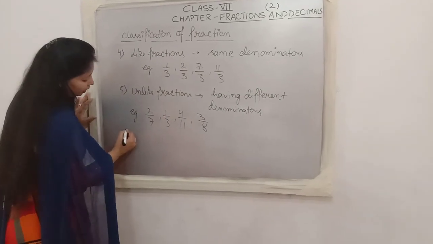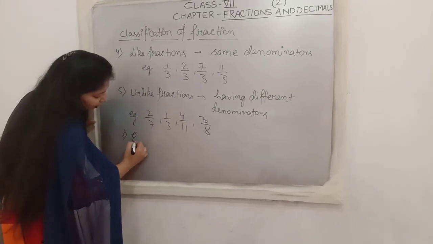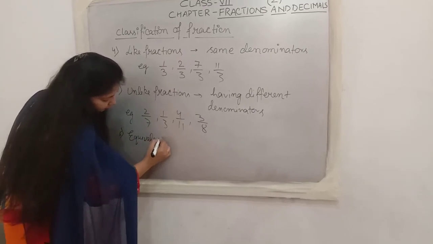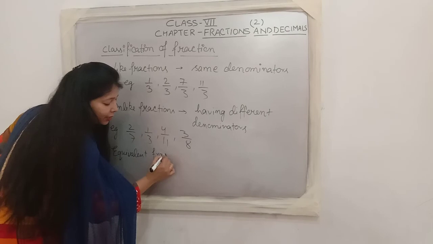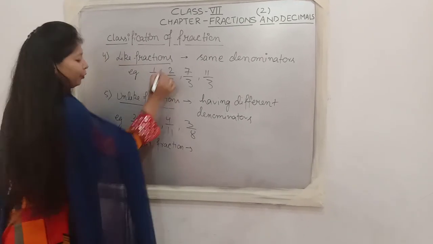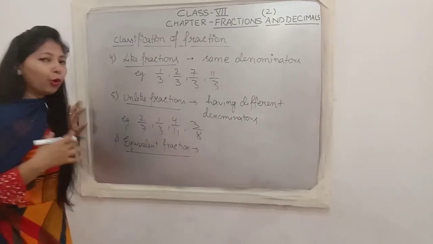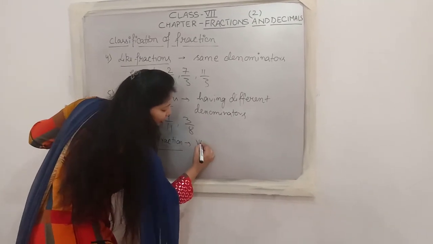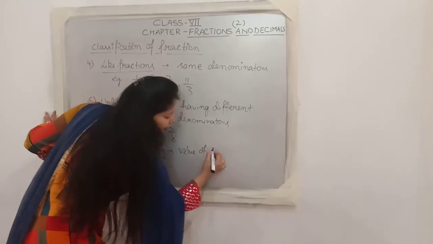Now the sixth, that is the equivalent fraction. Now what are equivalent fractions? Equivalent fractions are those fractions in which we can say that the value of two fractions is the same. For example, write down the definition: value of two or more